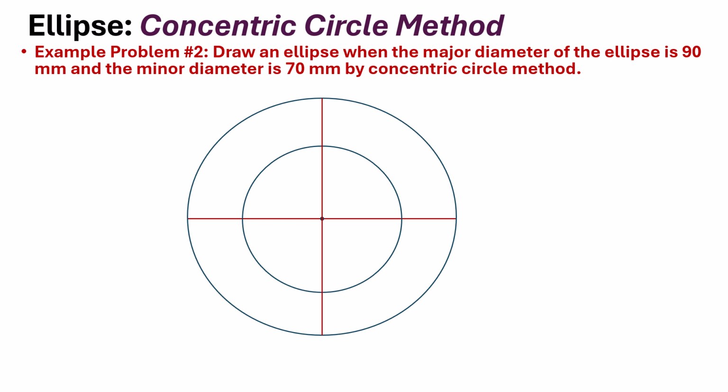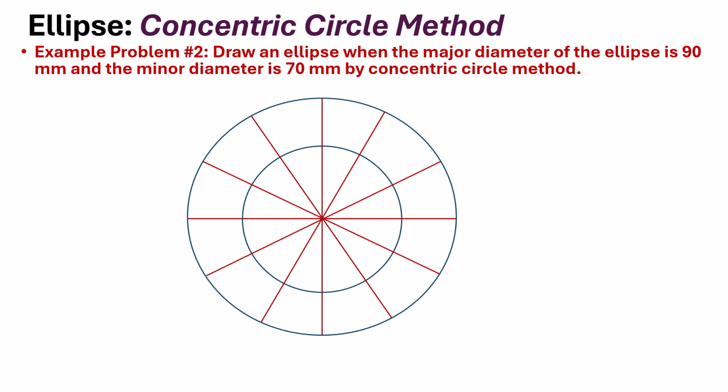The next step is to divide these two circles into some equal number of parts. Now you can divide it into 6 parts, you can divide it into 8 parts, you can divide it into 10 parts or 12 parts. Now here I'm dividing the circle into 12 equal parts. So each part will be divided into 30 degrees angle. So here is the division of this circle into 12 equal parts, and accordingly I have these points on the circle,